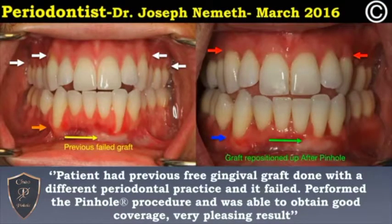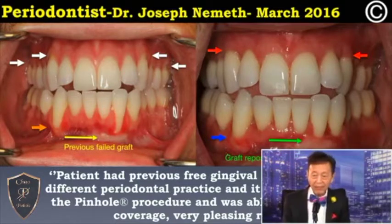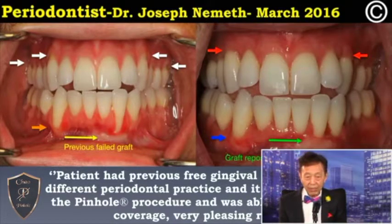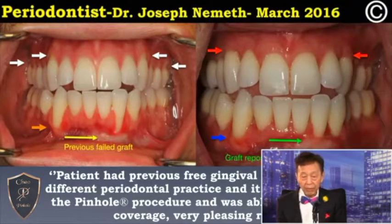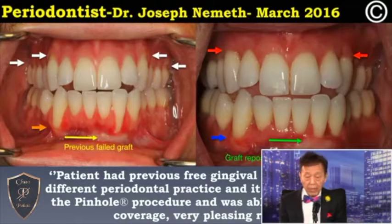So what do you think of this case, Dr. Chao? Well, this is an excellent case. It's typical of cases that we see a lot of, and that is severe recession. Sometimes it's even because the patient is coming to us because the previous graft has not really taken, or sometimes previous graft was done as